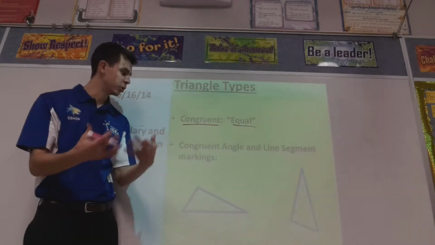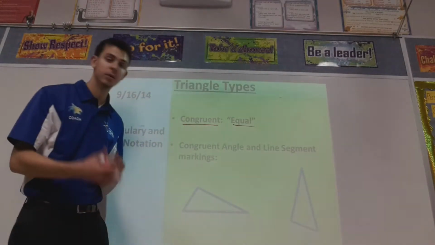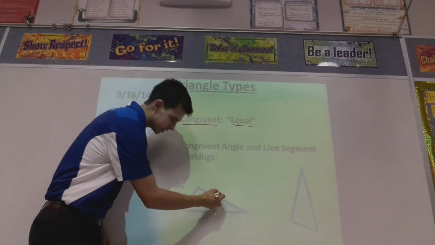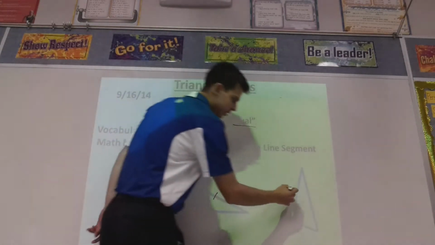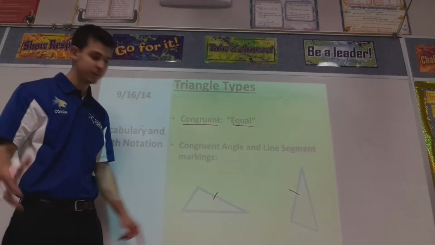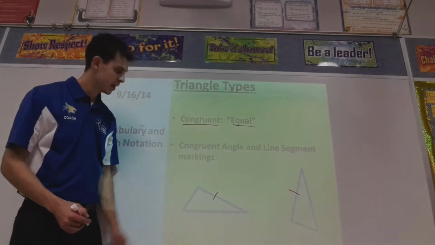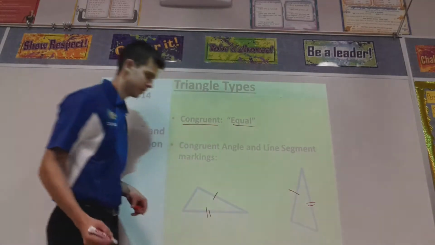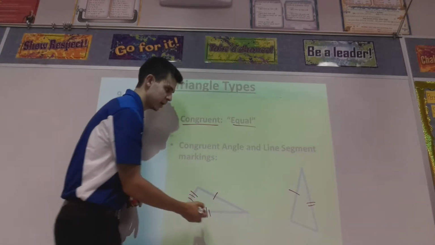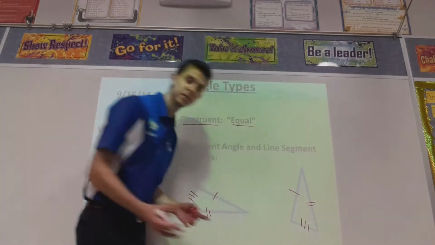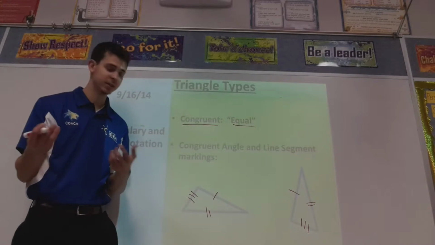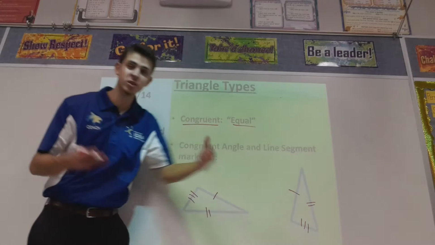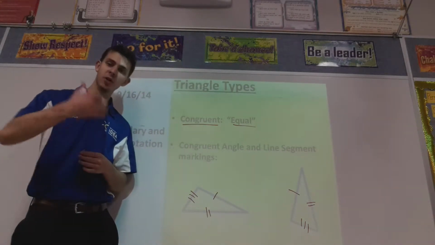And this is what congruent angle and line segment markings look like. So we have two triangles here. This side right here is equal to this side right here, and the way that I'm going to demonstrate that is just with one line. This side here is congruent to this side. And this side, 1, 2, 3, is congruent to this side. So it doesn't matter how many tally marks it has. All that matters is that the congruent sides have the same number of tally marks, indicating that they are congruent